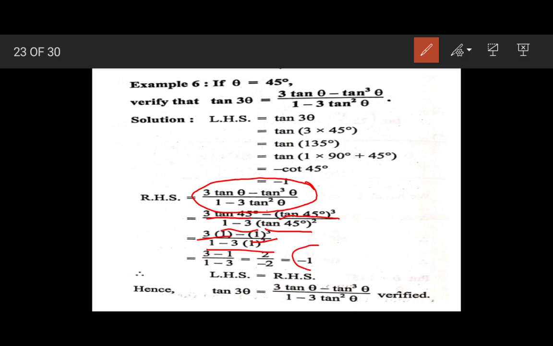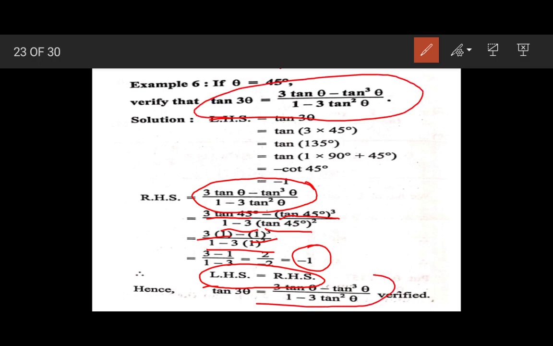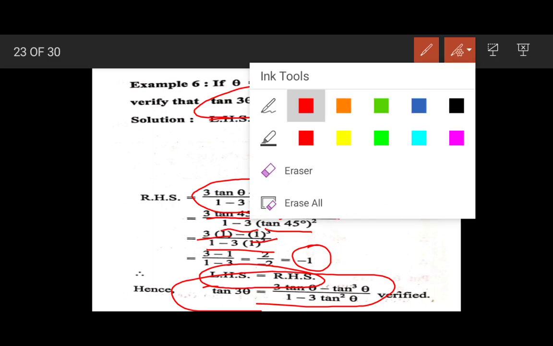Okay, so after calculation what I am getting? Answer as minus 1. So that means left hand side is equal to right hand side. Okay, hence we can say that tan 3 theta is equal to 3 tan theta minus tan cube theta upon 1 minus 3 tan square theta. Okay,